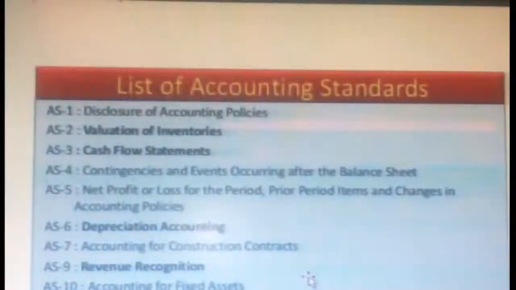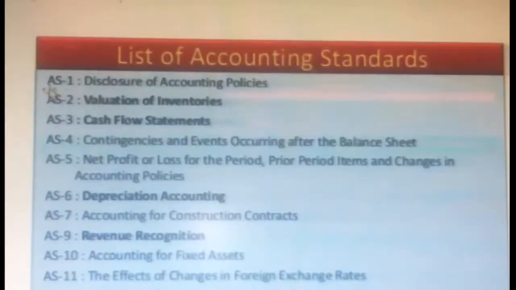Okay. So what is the list of accounting standards? Here totally 32 accounting standards are there. See here, AS stands for accounting standard. AS 1 stands for disclosure of accounting policies. That is the framework for the treatment of accounting policies. Follow the methods, correct. For example, for any depreciation method, we have to decide which method to follow every year, correct. So different policies framed by the accounting standards, the company has to follow uniformly all over India, correct.